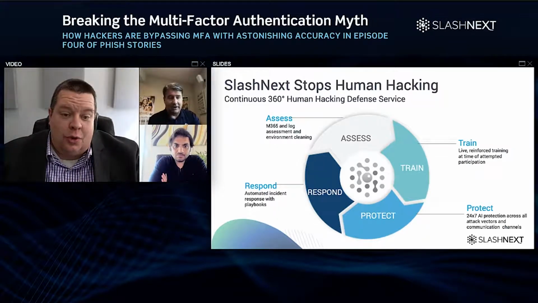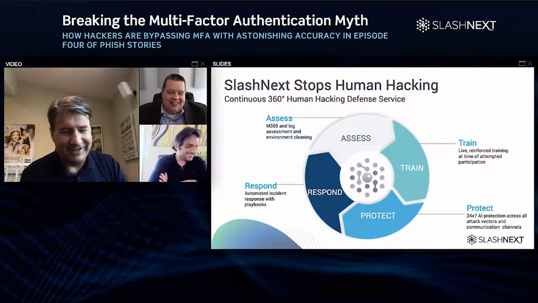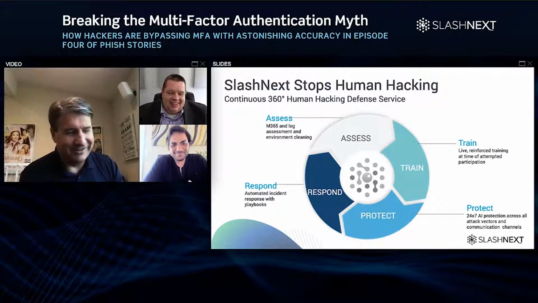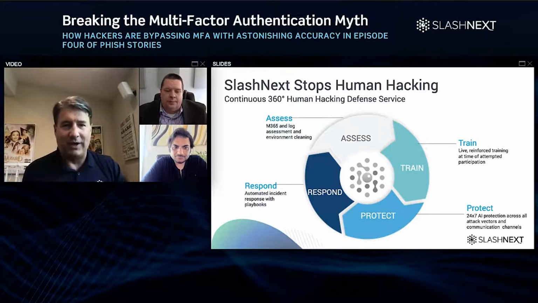So again, I'll comment on this, and certainly Atif can pick up here. We just talked about this in many respects. Implement a machine-based prevention process. Don't rely on training. Training is an augmentation aspect, right? And as I noted, you want to reinforce training at the point of an interaction with an attack.